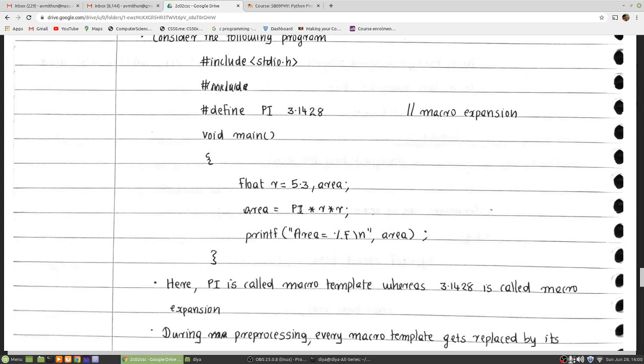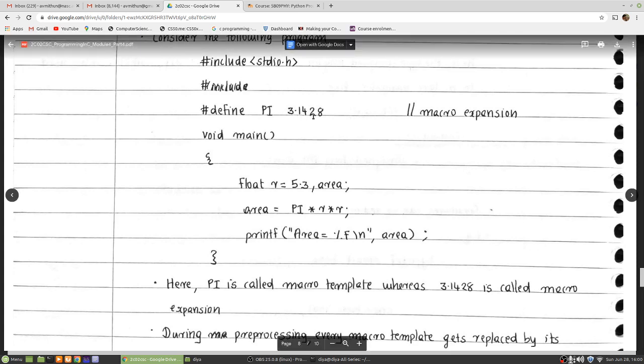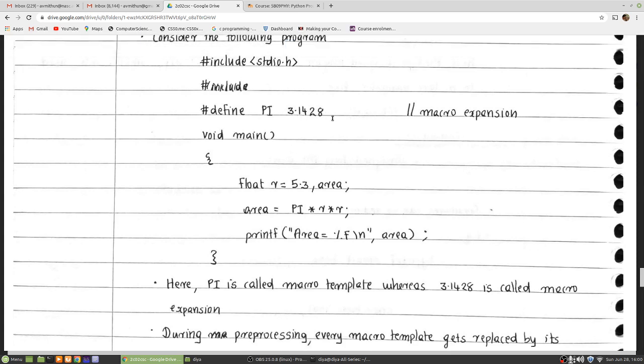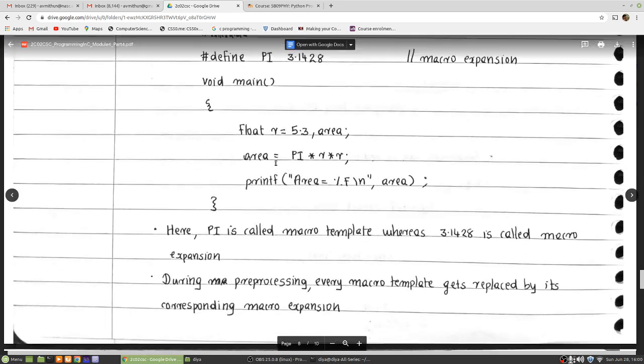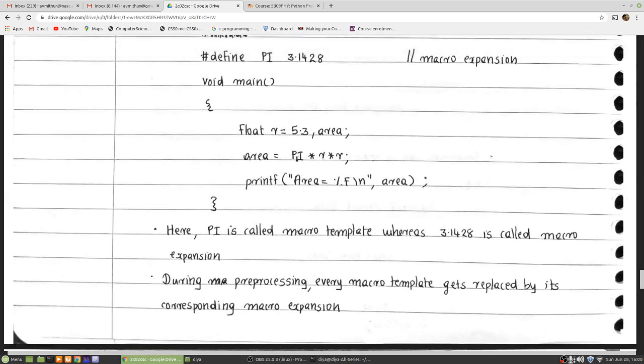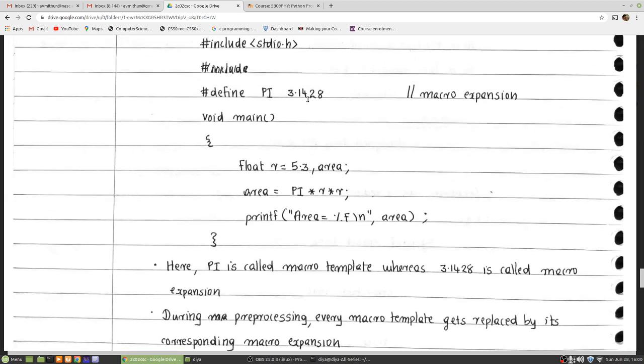So it brings more readability and understandability to our program. The second one is that suppose you want to change this 3.1428 into 3.14 only. You need only 2 decimal places. In that case, you have to change only the macro expansion part here. 3.1428 should be changed to 3.14. So wherever your program is using PI, all will be replaced with 3.14.